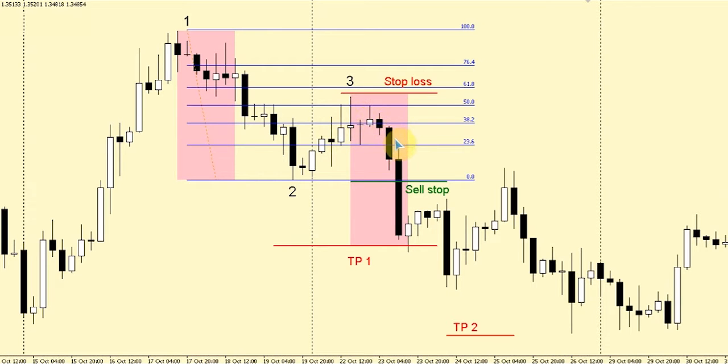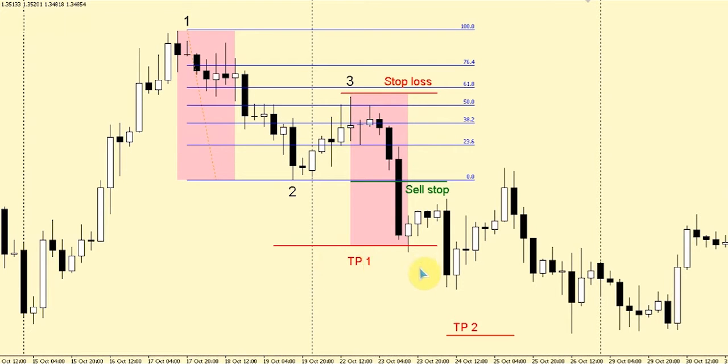Pending from point 3. Pay attention to this pink rectangle. We just show this distance. This is the minimum target for this pattern. Take profit 1 can also be calculated, and the next profit taking levels by stretching Fibonacci at a distance from take profit level 1 to point 3, and in principle this turns out to be the same distance as 1-2,